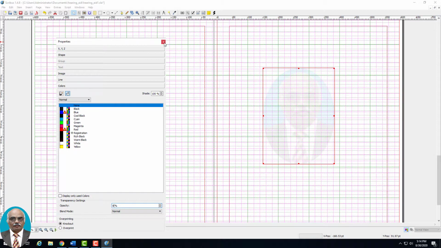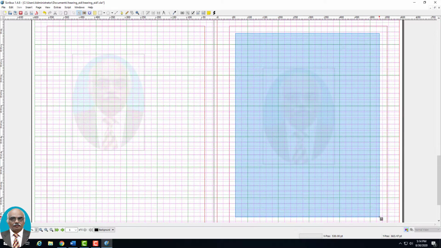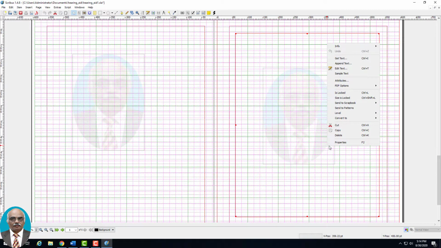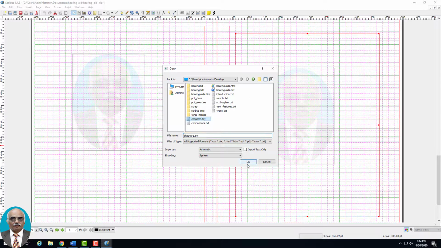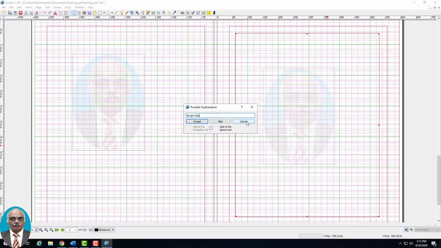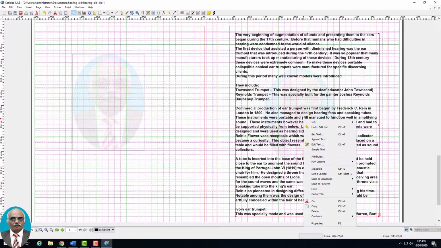Now you can draw a text frame here and get some text here. See what happens. So now you see the text over the image. Now the image forms a small watermark. You can also make this text go behind the image. For example,